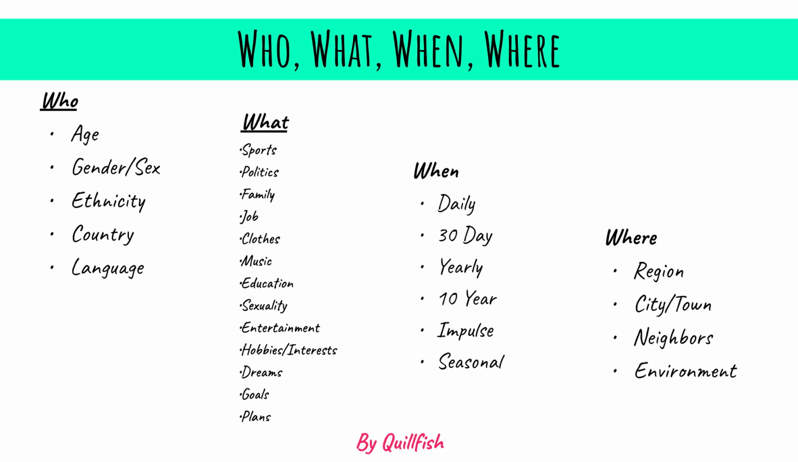Where are they currently living? What is the region, the city and town, the types of neighbors that they have, and the general environment that they have? This is relevant, and there are so many examples to give on every single one of these. For example,